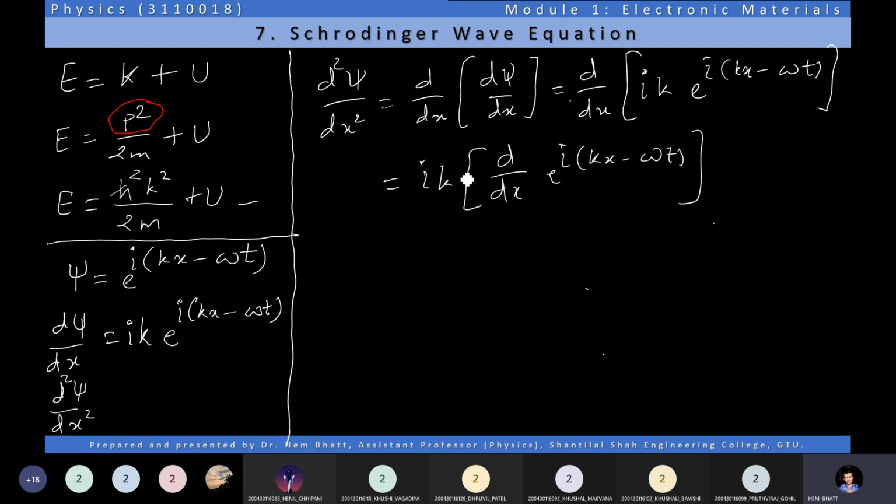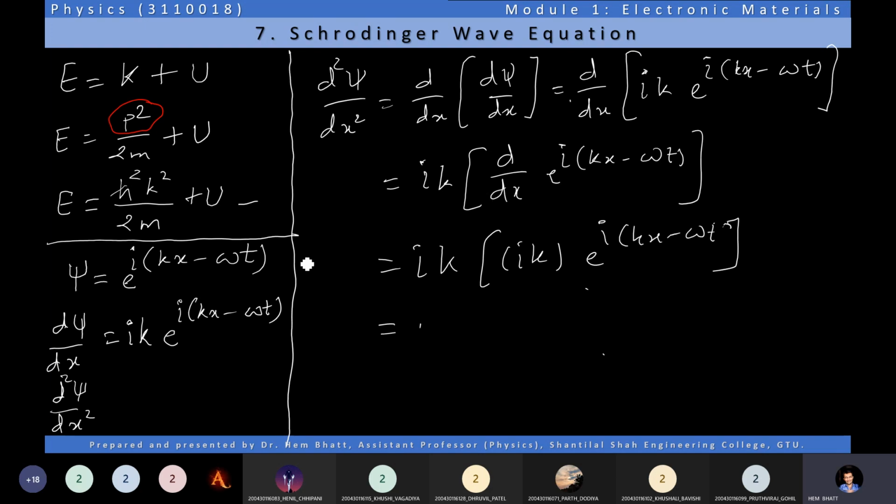On the differentiation, it will be the same as before. So it is ik again, ik e raised to i kx minus omega t, right? Now it is i square k square